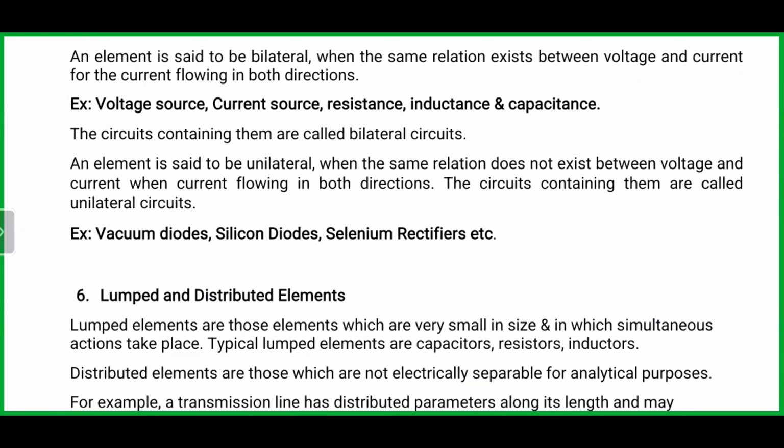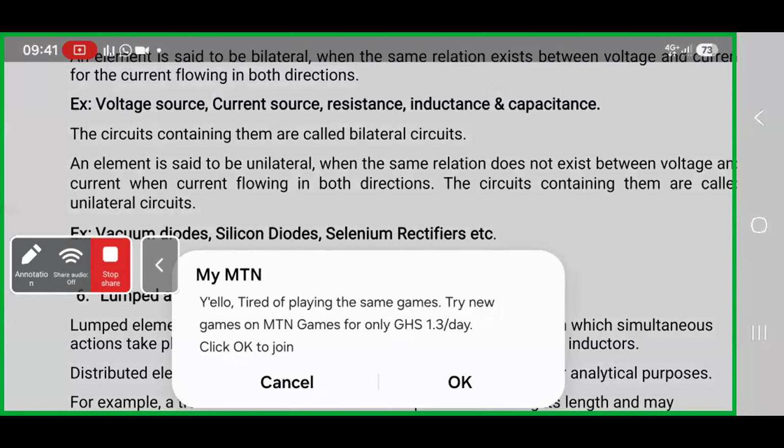So it means that a lot of things happen in the lumped circuit. The typical lumped elements are capacitors, resistors, and inductors. Distributed elements are those which are not electrically separated from